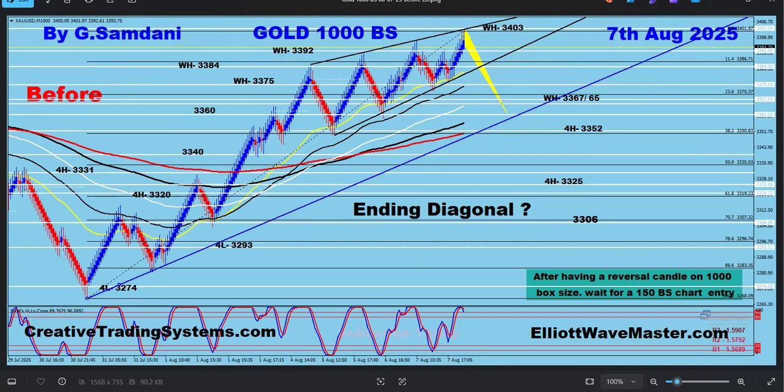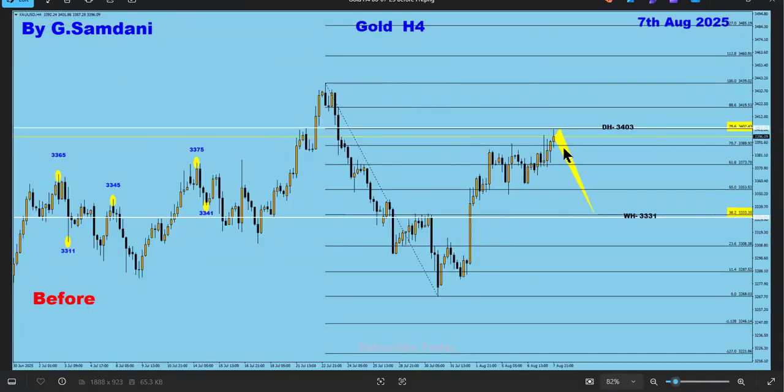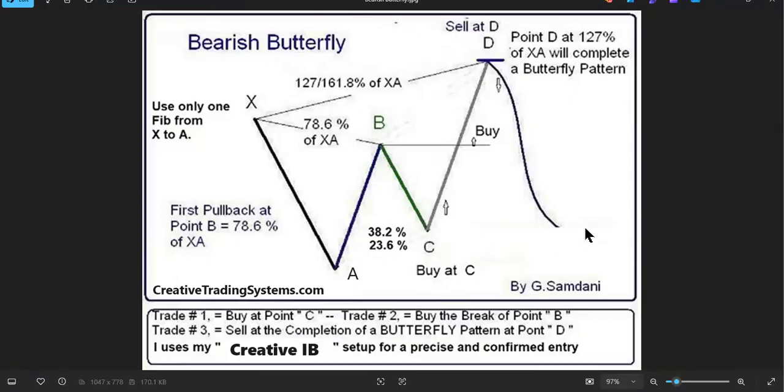So it dropped. So I made another chart, that 40 box size chart, the 4-hour chart I showed you here, that this thing probably, if it's going to drop from 78%, usually goes back to 38%. Based on what? Based on this harmonic pattern, right? The calculation is XA at 78%, C at 38 or 23% sometimes, but most likely from 78 to 38. Then it bounces to the upside going for the 127 or 161 extension. So this is at point D, then the butterfly pattern is finished.